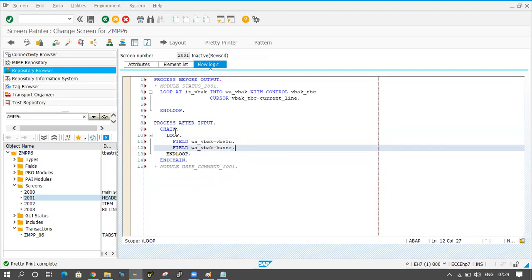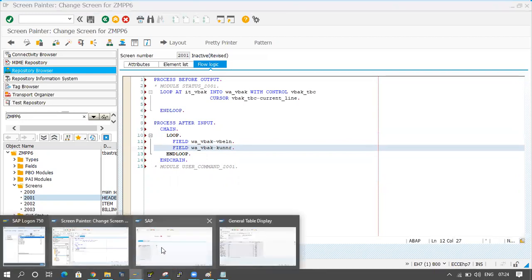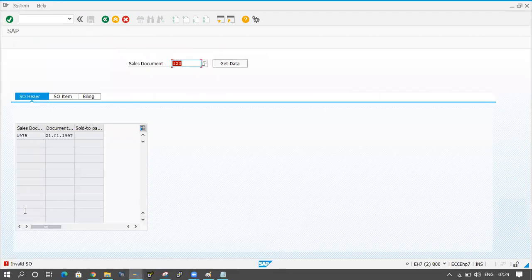Okay, CHAIN and ENDCHAIN is coming. So in between that, I'm taking a loop. I mean, how many columns are there? Here it is coming like that. So how many rows are there? 1, 2, 3, 4. How many records?